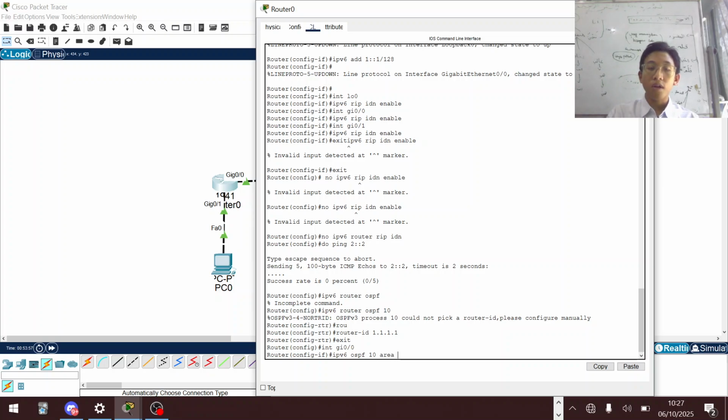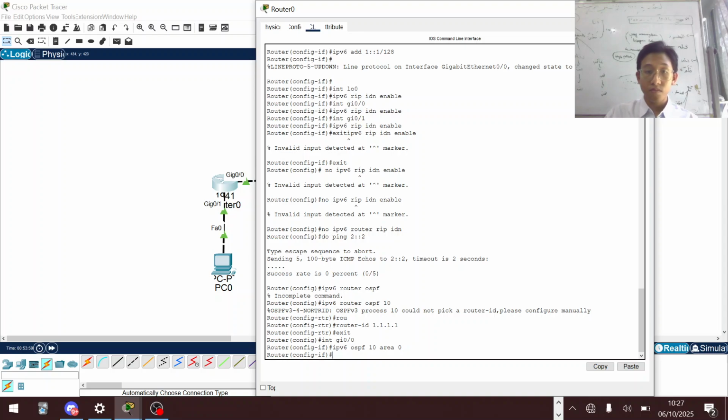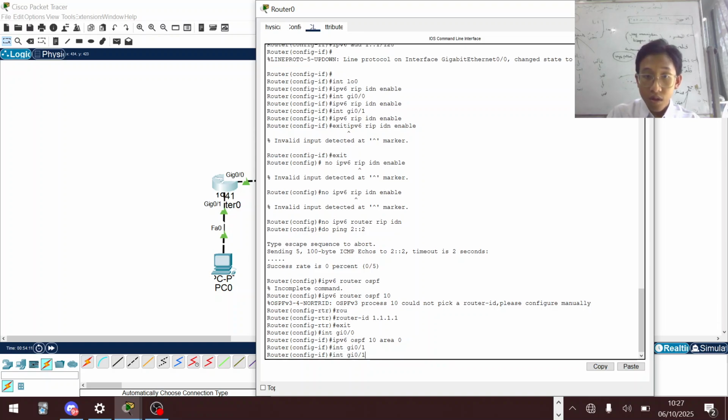And here I will give an area of 0, and then I will add gigabit 0/0, gigabit 0/1. So the same thing. Boom.